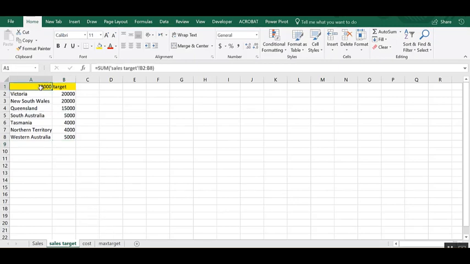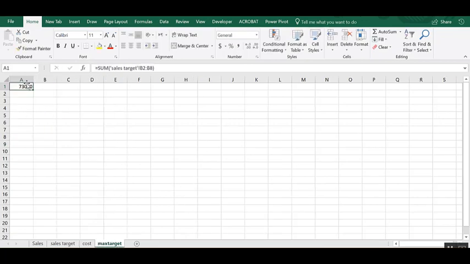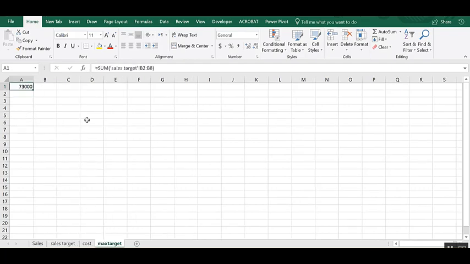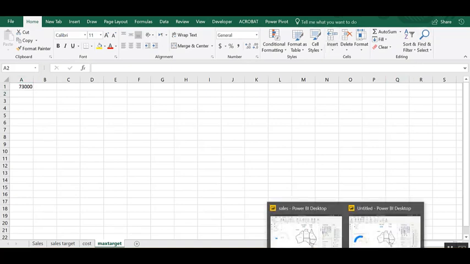Then this one should be the state. Then this maximum basically is the summation of these numbers. Yep, I just simply use the sum function. Now I have 73,000 as a fixed number. Now what I can do, if I just close this and